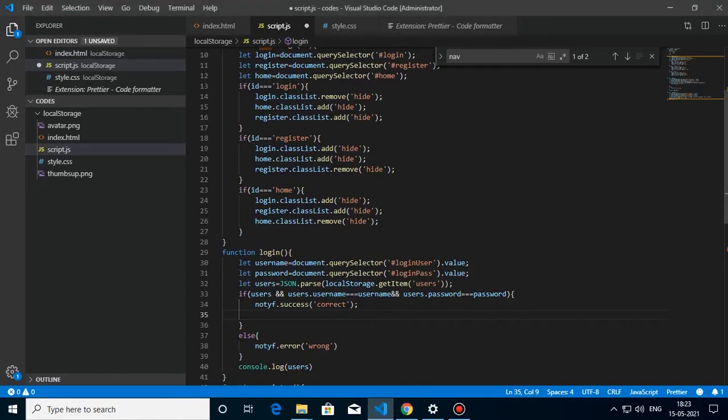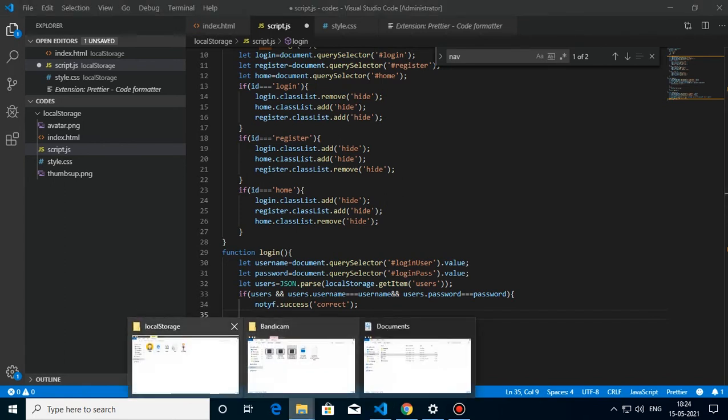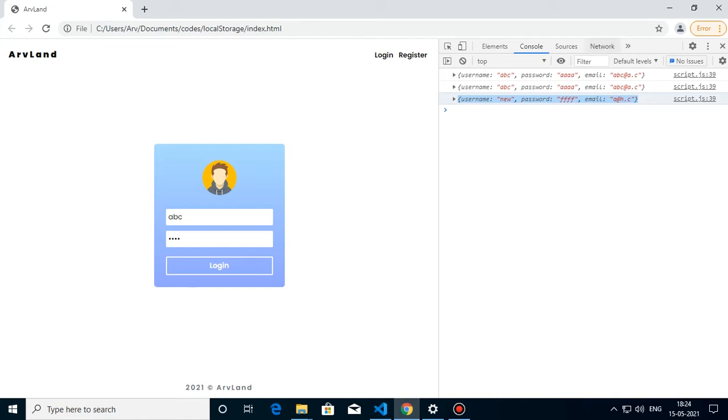So for that we have to reconstruct our local storage. We don't want an object, we want an array. We want users of users. For example, instead of local storage being this, it should have been like this.